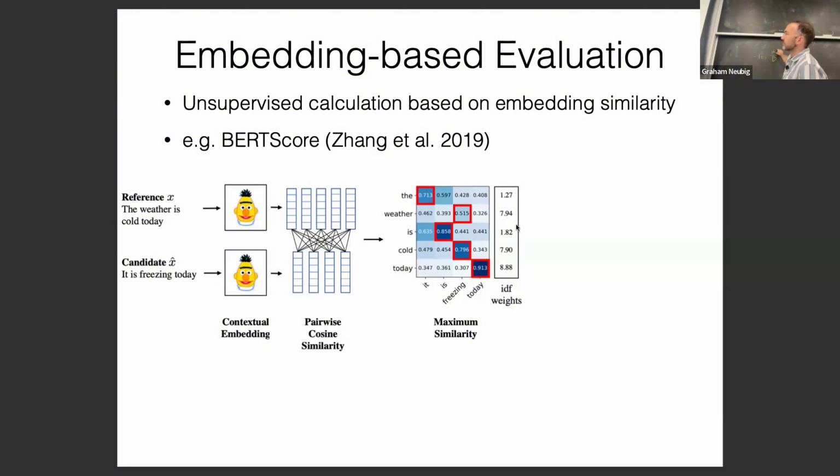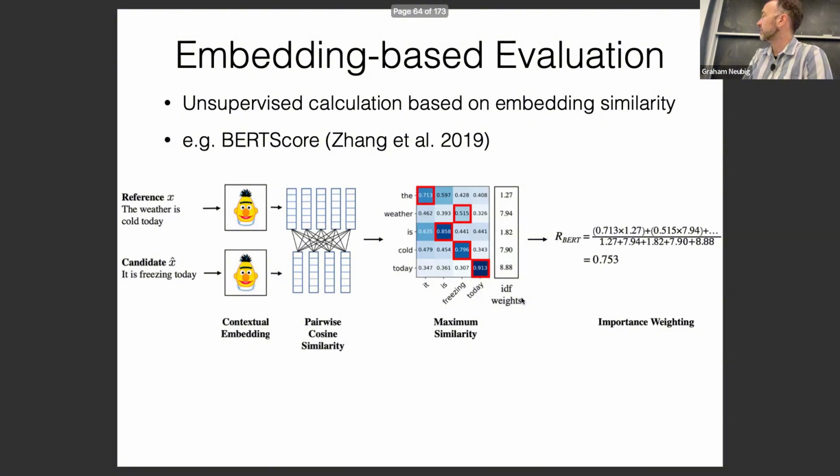So here n is the number of documents this token appears in within a corpus, and d is the number of documents overall in the corpus. So this will be higher for rare words, basically. Because it's higher for rare words, they get upweighted and become more important in the calculations. This is good because rare words tend to be more semantically meaningful. Like "weather," "cold," and "today" are more important than "is" and "the" here. So that upweights the rare words.